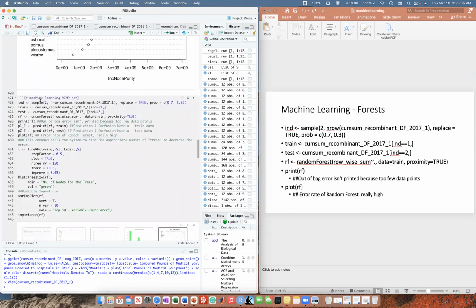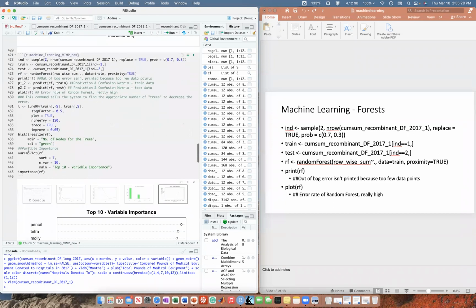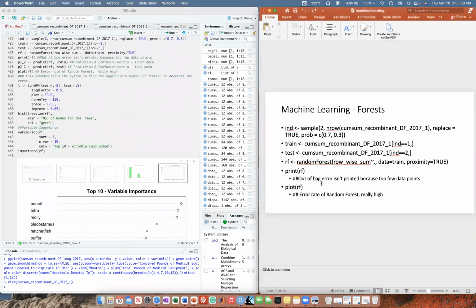So this is called VIMP new. As you can see, this code is actually quite tiny, one, because we did all the housekeeping code above, and two, because this is purely using random forests, no bagging at all. You may say training and testing. I like to say this is not so much bagging, it's just training the trees. So this code does stuff. I have it outlined on the right-hand side.